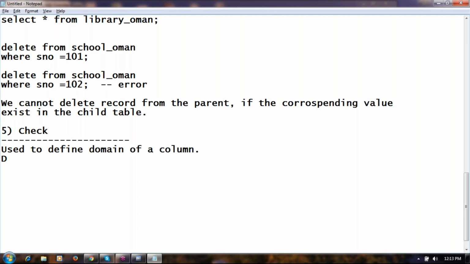What do you mean by domain of a column? Domain means the values a column can store. You can define my column should store only these values, my column should store only those values. So you can give some restrictions on the column by using check constraint. The best example, have a look at this.